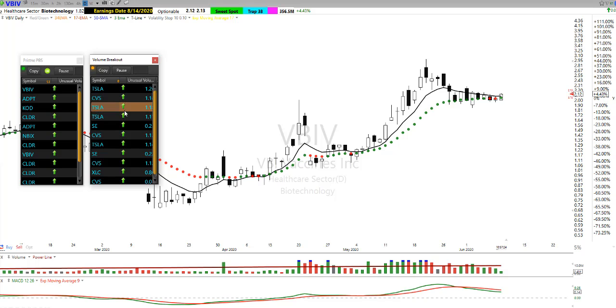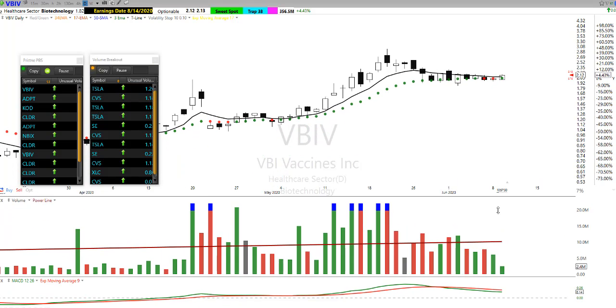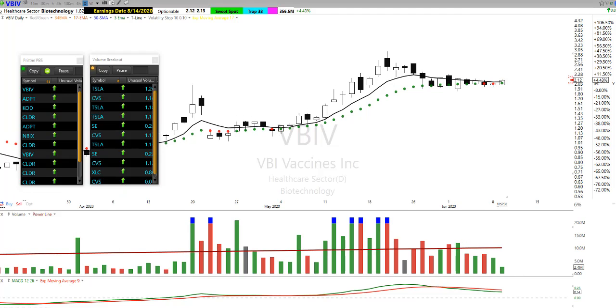And what I'm looking for is a volume breakout. And if we look down here, here's my volume bars. What I'm looking for is a chart setup where today's volume is greater than yesterday's volume. Now, you might be wondering why it's on the chart now. Why is it coming up and it's not larger than? Well, that's because right now it is